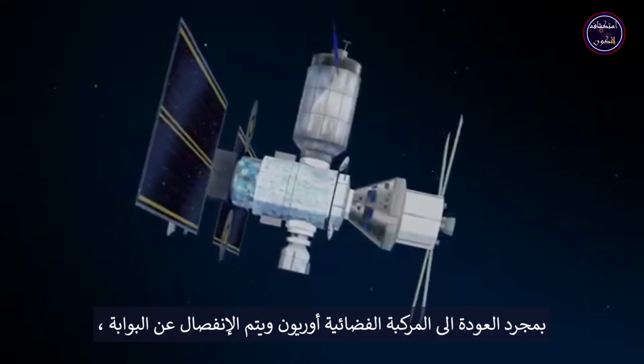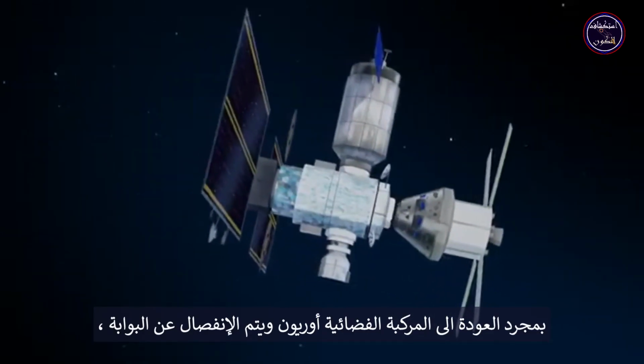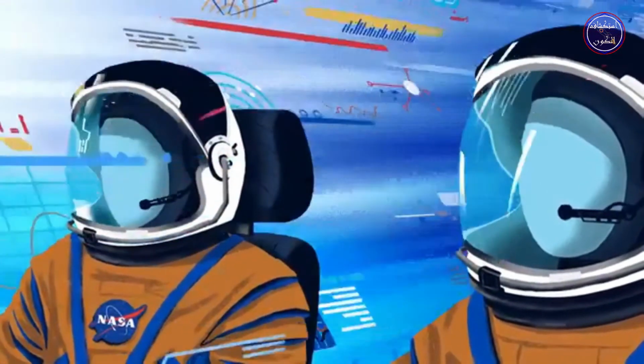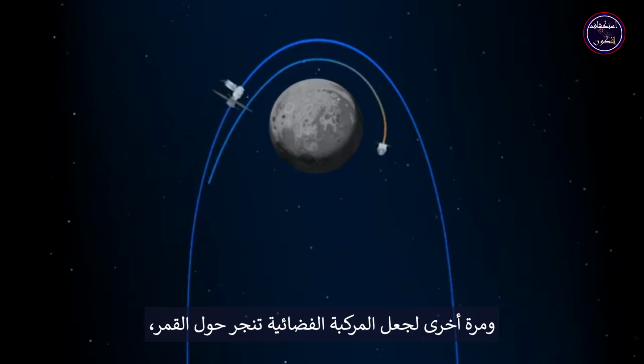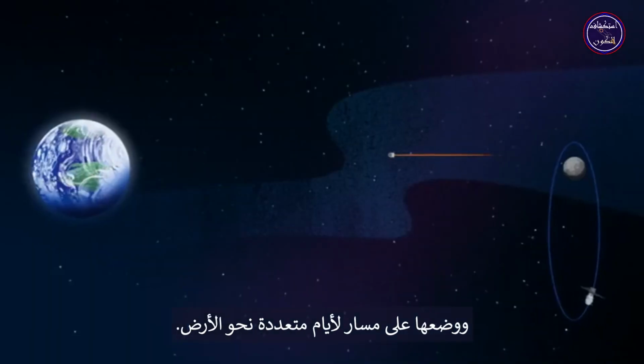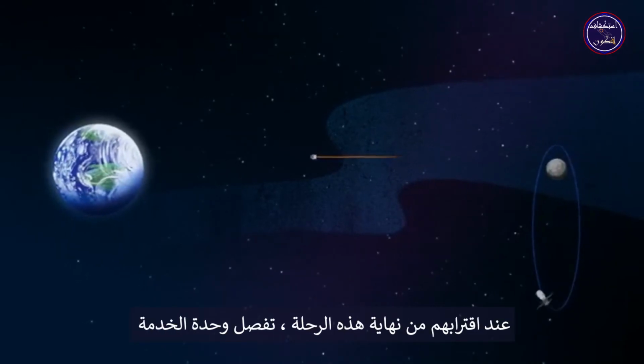Once back aboard the Orion spacecraft and undocked from Gateway, the crew fire their engine once to break out of the halo orbit and once again to sling the spacecraft around the moon, placing it on a multi-day trajectory back towards Earth. As they near the end of this journey,